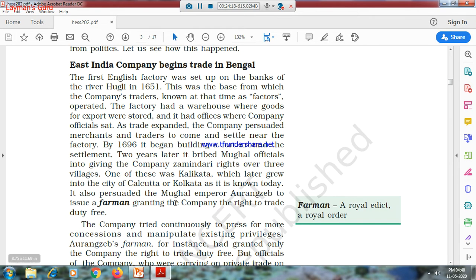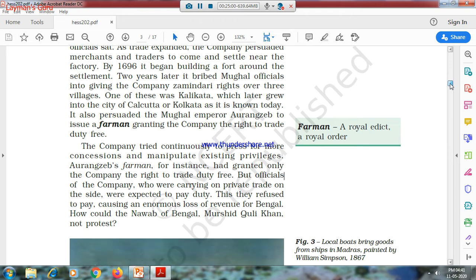So firman, what is a firman? In 1686, the Mughal emperor Aurangzeb and the British had a small battle, and Aurangzeb won. The British gave an apology letter to the Mughal emperor. As a matter of goodwill, the Mughal emperor extended some zamindari rights, and in 1691 a firman was issued. A firman is a royal edict, a royal order. In 1691 Aurangzeb gave a firman to the British